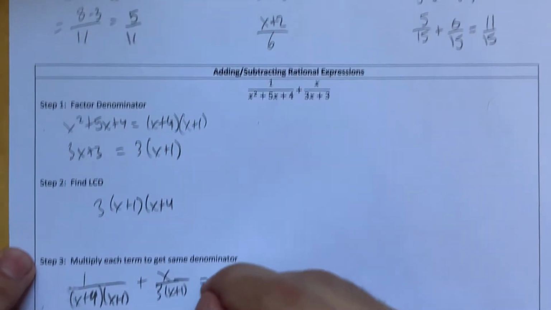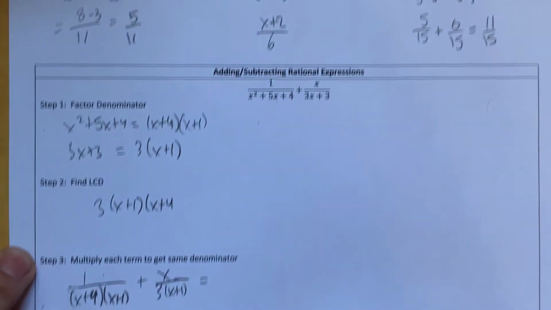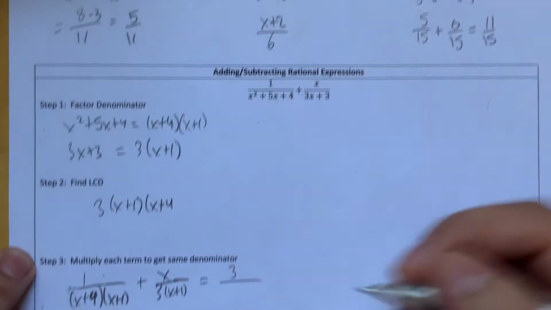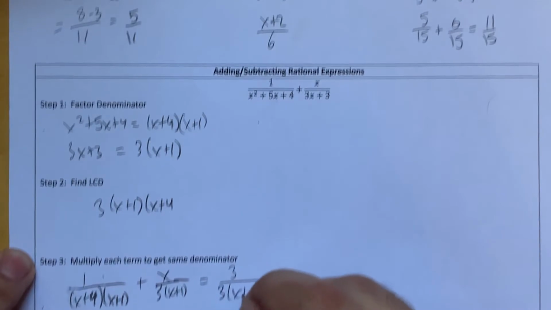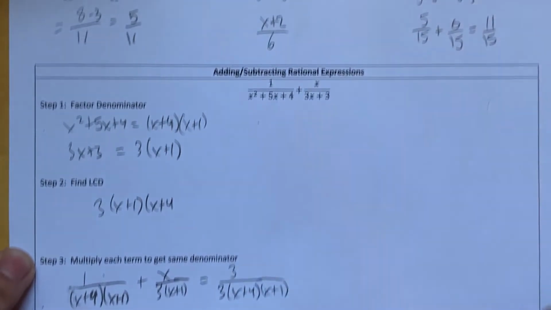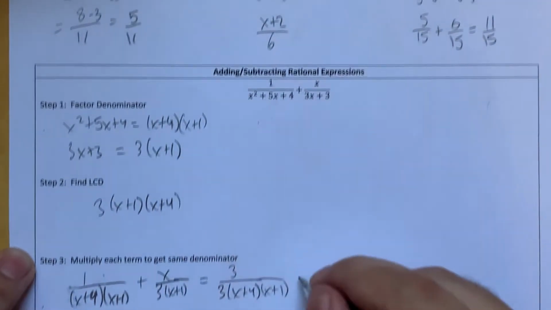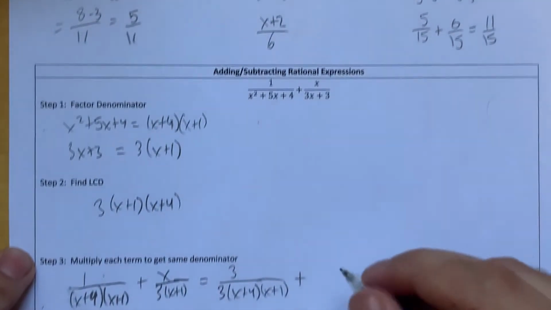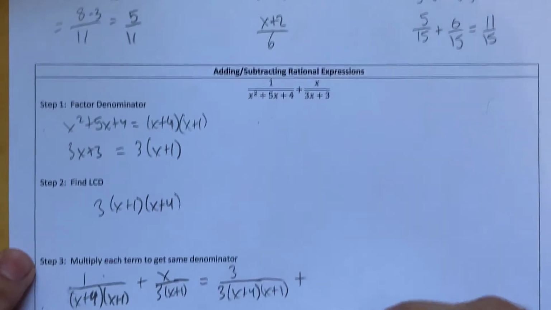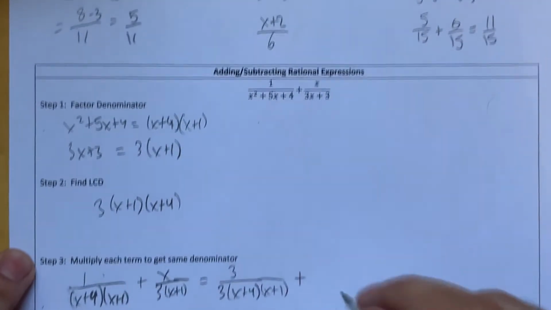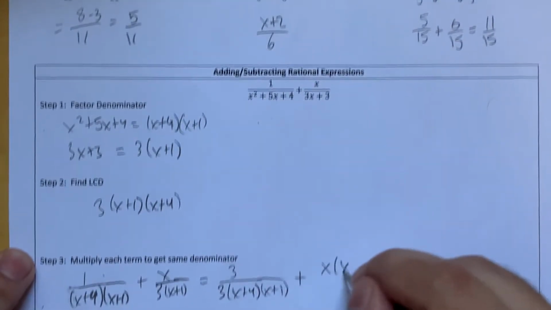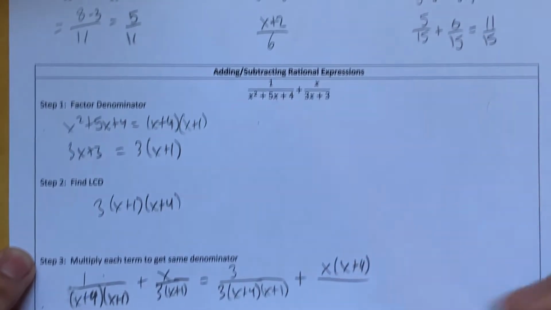Well, for the first one, we're going to multiply the numerator and denominator by 3. We get 3 times x plus 4 times x plus 1. There we go. What about the other one? The other one we're going to have to multiply by x plus 4, the top and bottom. So we're going to do x times x plus 4 divided by